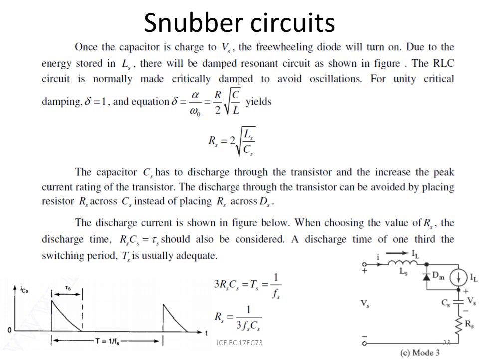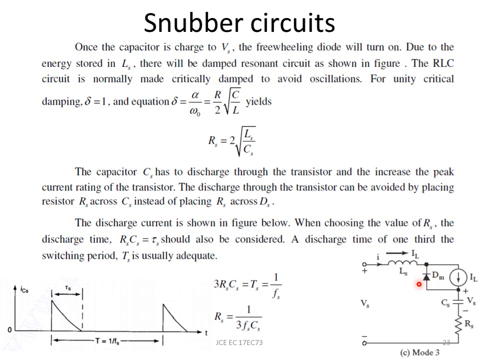Once the capacitor is charged to Vs, the diode, which I have shown you here, will start to turn on. You can see this in the figure; this is your mode 3. When does the capacitor charge? When the device in parallel with it becomes off, it will start to charge to the input value Vs. Then this becomes plus, in which case the diode will become forward biased.